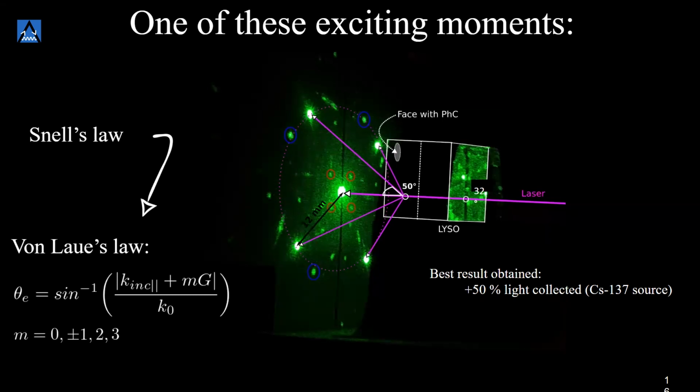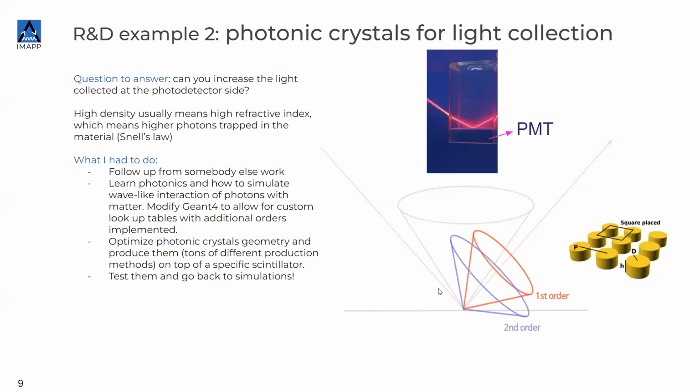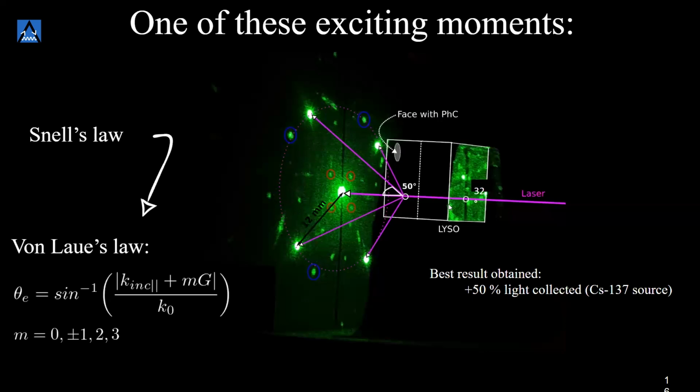So this is an example of what you see here. These orders that are showing up in red and purple are the secondary orders, first order and second order, not the main one, which is the big arrow here. And these are the ones that we see here as well. We have a laser which is incoming from the back perpendicularly, and we have the main order here in the center, and then we have several of them around, and not only the first and the second, but many of them,